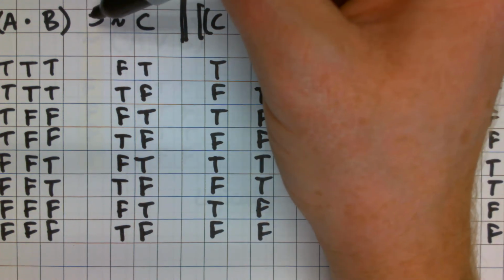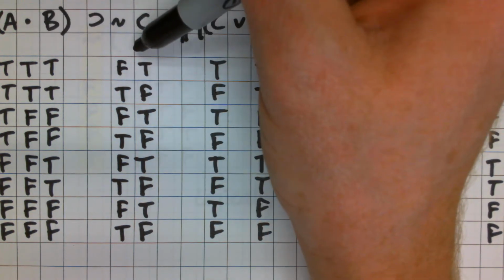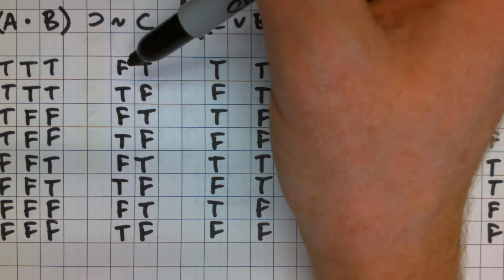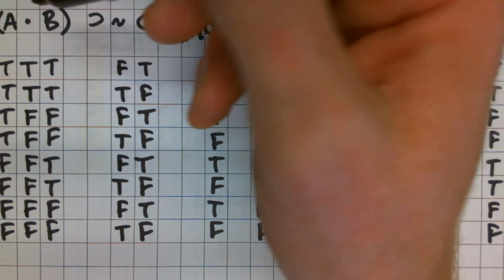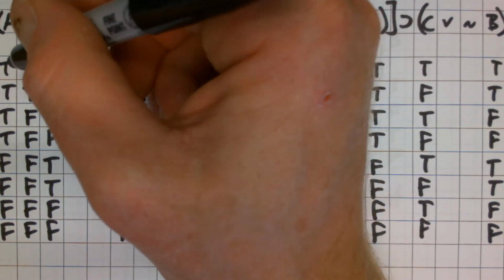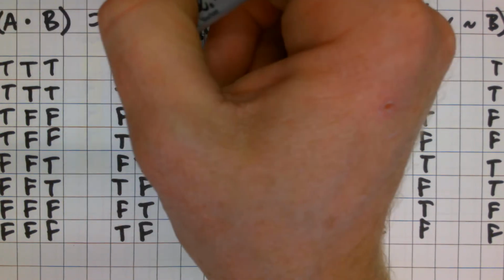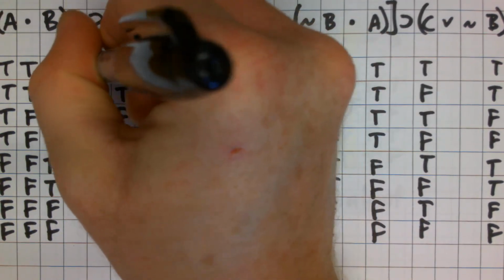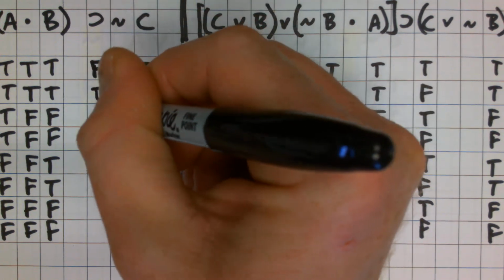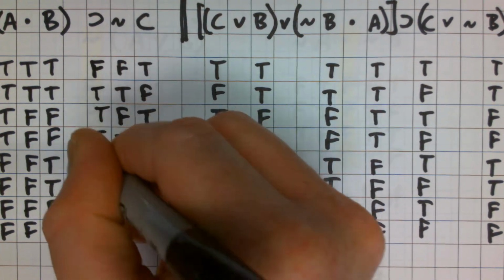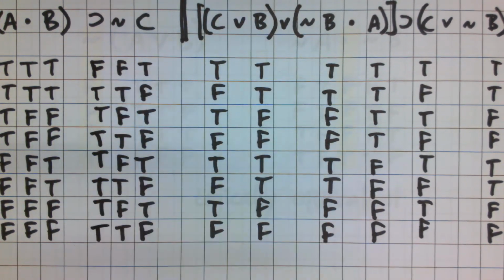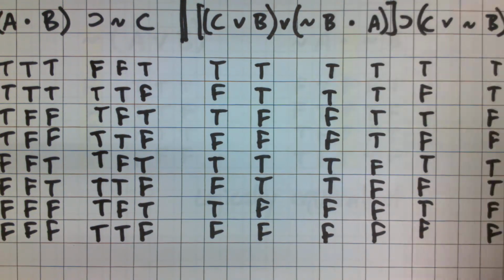The conditional claim is false only when the antecedent is true and the consequent is false. In all other cases, it's true. So I'm looking for that true, false arrangement, and then it's false. In all other cases, it's true. Switching over to my second formula,